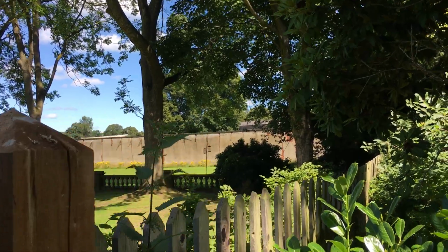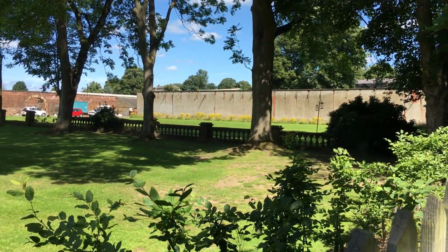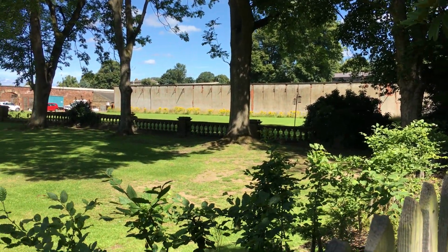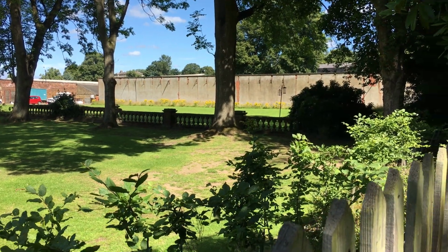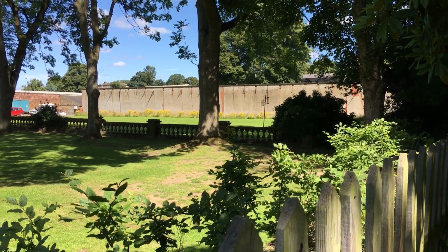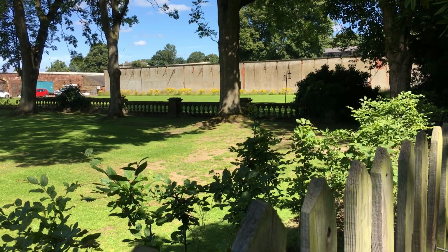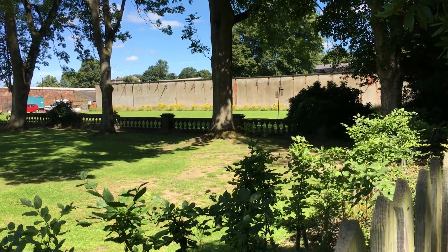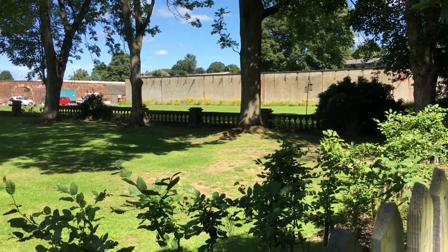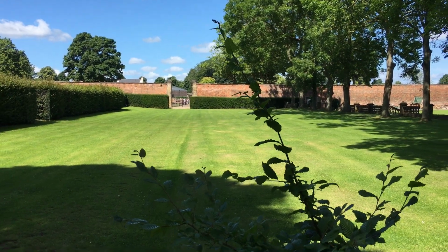But there, over there, where all that ragwort is flowering, you can see the metal brackets on the wall there. That used to be a set of greenhouses, because that faces south. So I would hope that at some point in the future that's going to be refurbished. But I think the land in front of it would make a perfect orchard, or failing that, even a part of this here